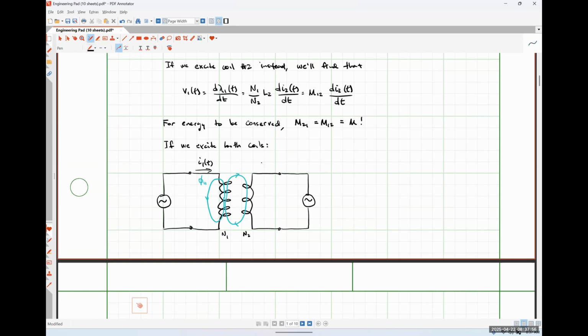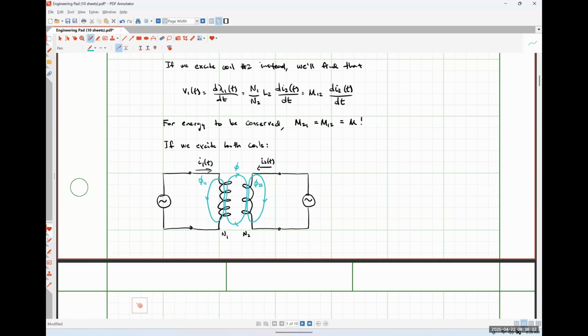Similarly, if I've got some current I2 driving some flux, which I'm going to call phi22, what we're going to see essentially is that the flux in the middle area that's coupling those two coils together is going to be